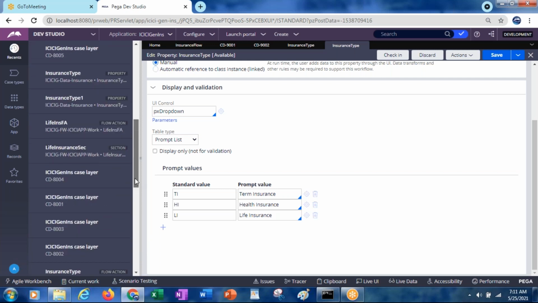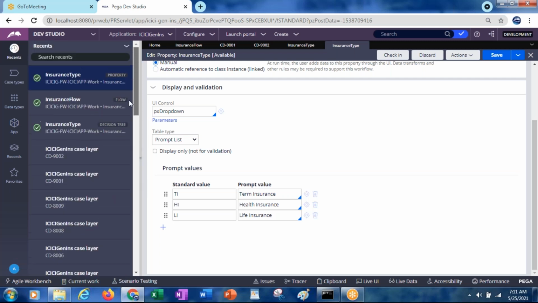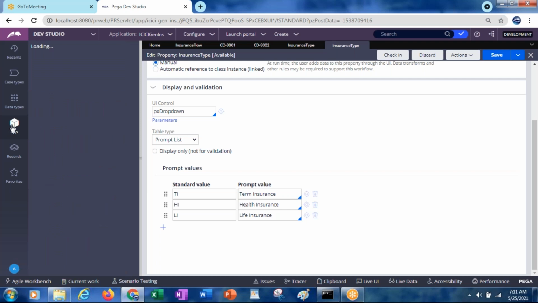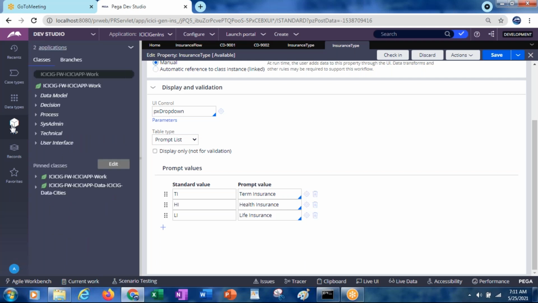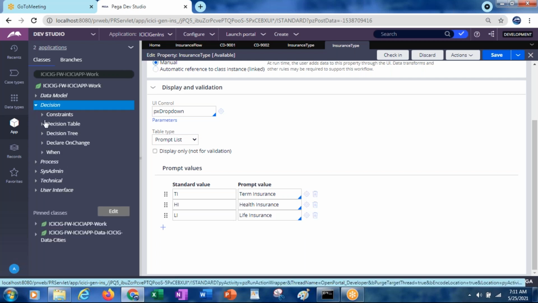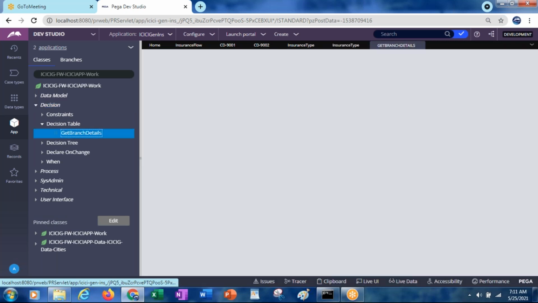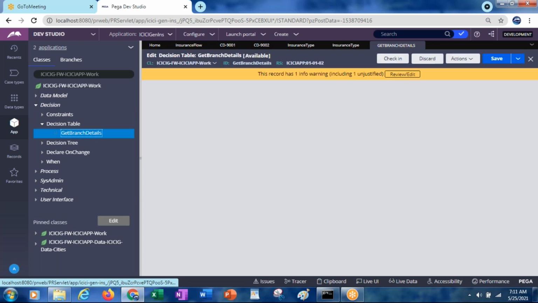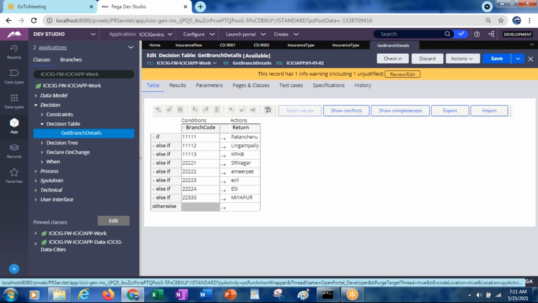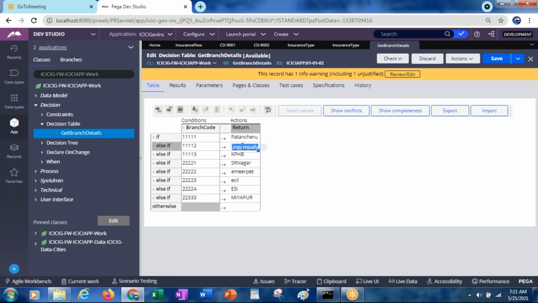Let's open it from the App Explorer, under the App Explorer, decision. So here is the decision table, get branch details. For the branch details, we have used the decision table. Based on the branch code, it was written in the branch name.